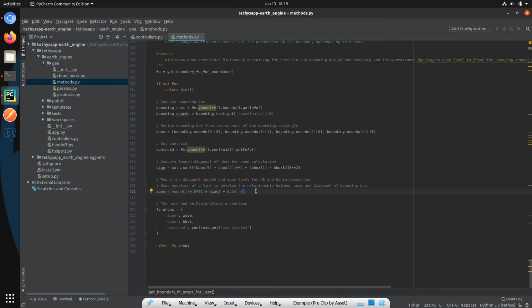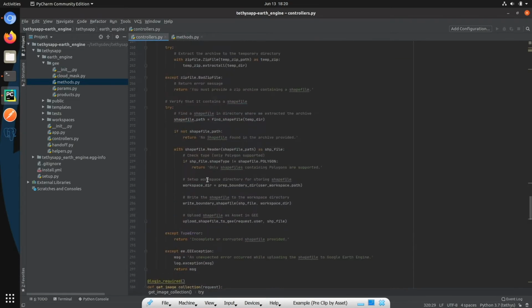This is probably not a very robust equation because I only used 2 countries in my analysis. If you were to do this and you wanted it to be more generic, you'd probably want to use a lot more sample size for that. But it works for our illustration purposes here. So then we're going to return these properties, the zoom level, bounding box, and the centroid, and we'll use that to initialize our map. So let's go to the controllers and go up to the viewer controller,